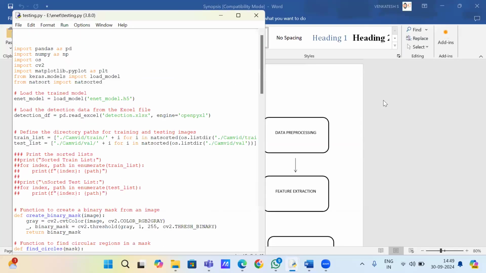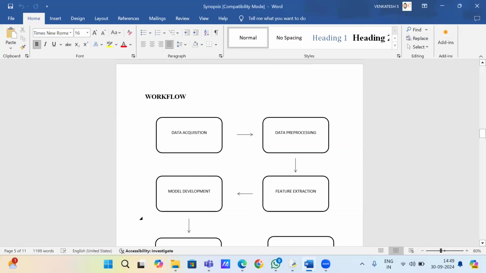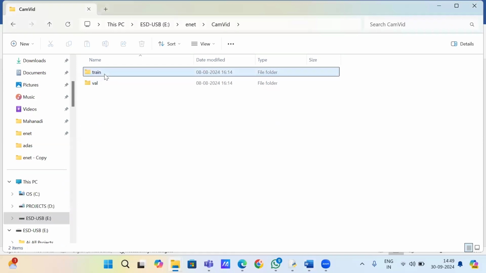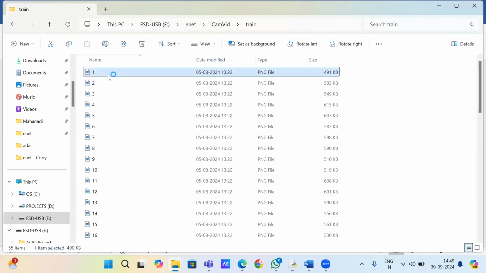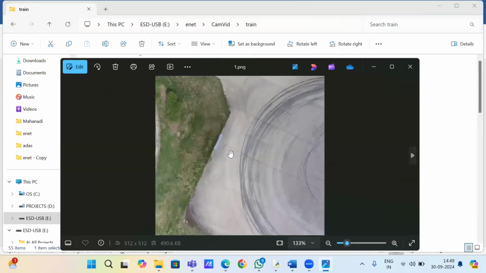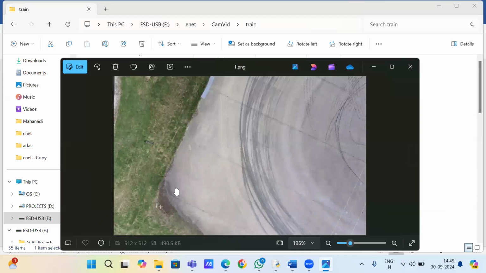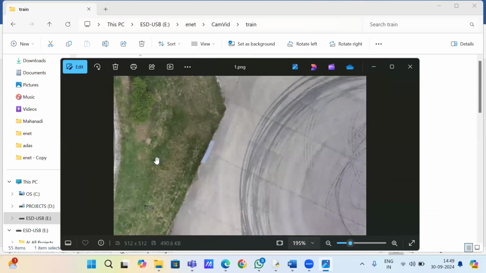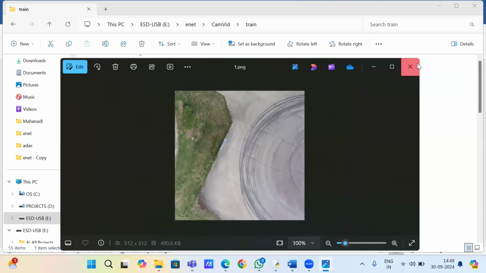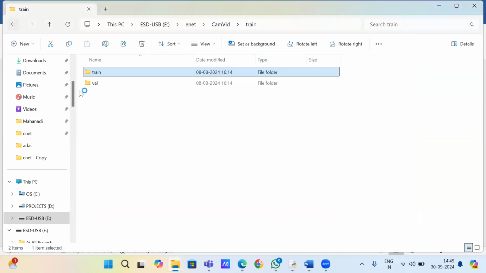But first I will show you the data set. This is how the data set looks. Here you can see a person and the gray mat. Like this only we should detect. Based on this, I have detected it and then done it by ML.